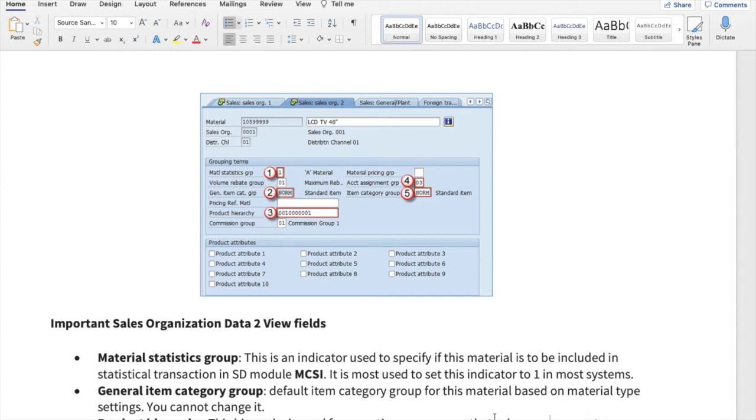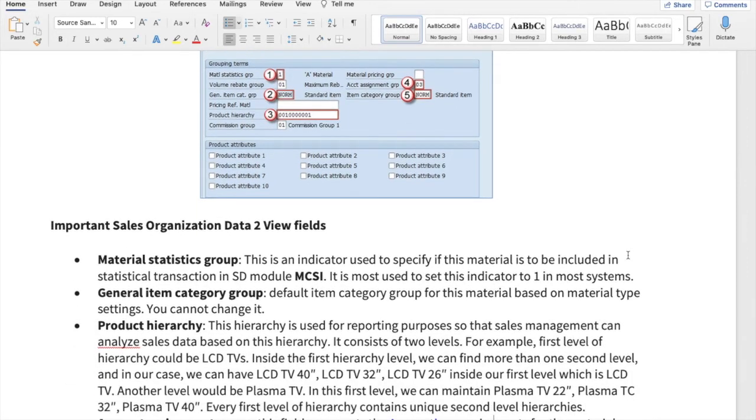Then I also mentioned something called product hierarchy. So what is the product hierarchy? We are giving a visual example over here. Suppose you are in the business of LCD TV. Now under LCD TV, there can be more than one second level. It can be LCD TV 40 inch, LCD TV 32 inch, LCD TV 26 inch.